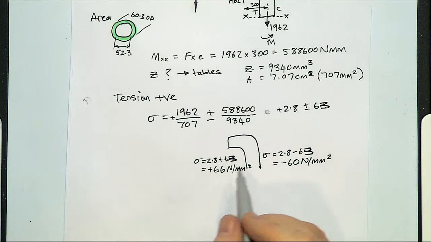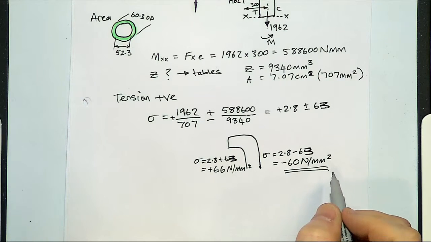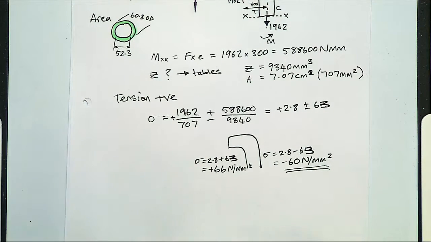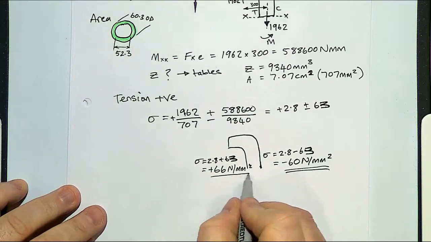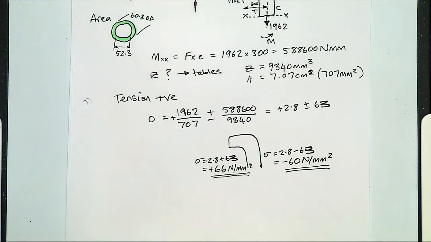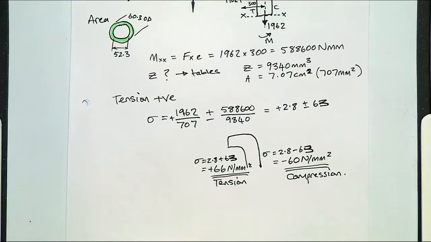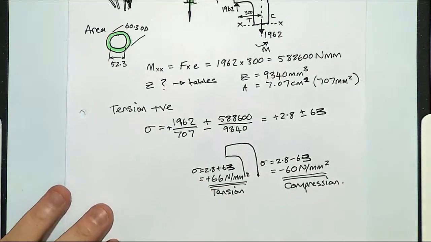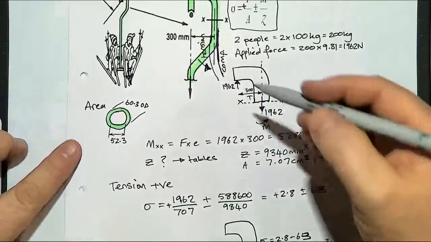So in terms of designing your material, you do need it to cater for tension, which is what you would expect, but because of the way that it's designed, you also need it to cater for 66 newtons per millimetre squared. The difficult part of that was, it's just trying to work out, if you've got a force there, which side is the tension or the compression